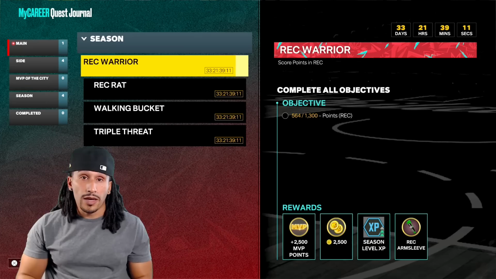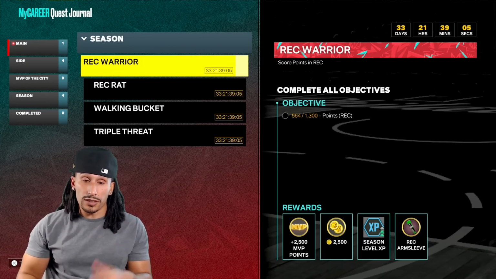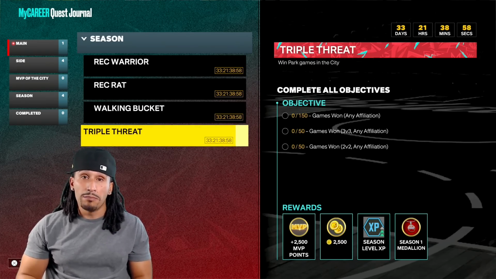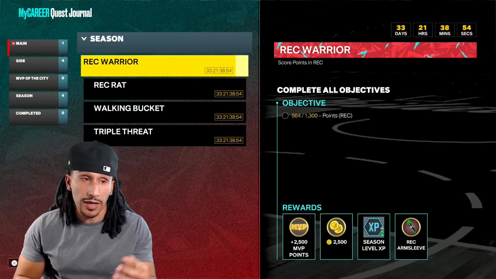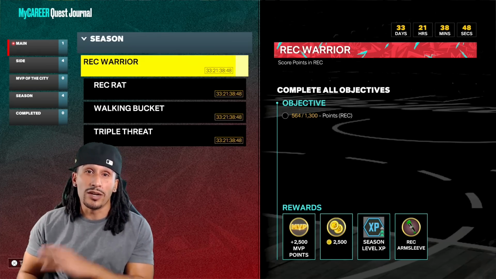Let's check out some of the MVP stuff that you can get for the city. And here are some additional quests that will give you guys some VC. The Rec Warrior will give you guys some VC, 2500 VC. In fact, same with Rec Rat, Walking Bucket, and Triple Threat. But what will it cost you guys in time, and how much would you have to pay out? So Rec Warrior is asking you guys to score 1300 points in the Rec Center